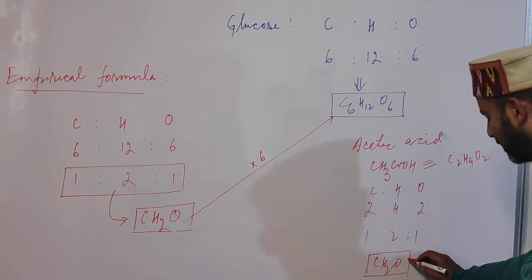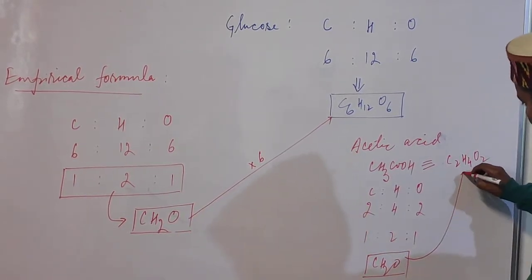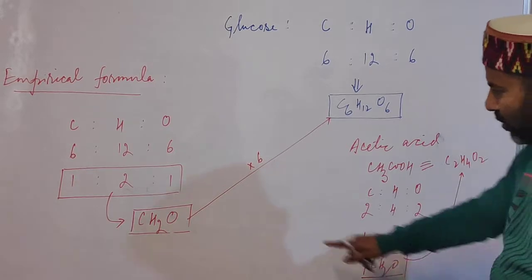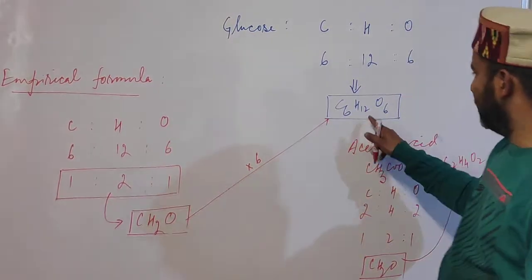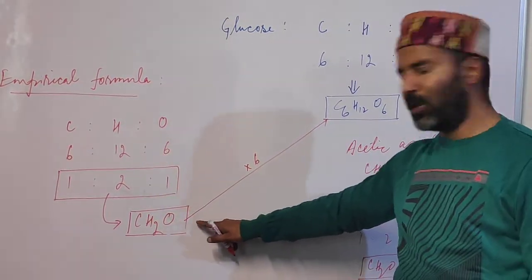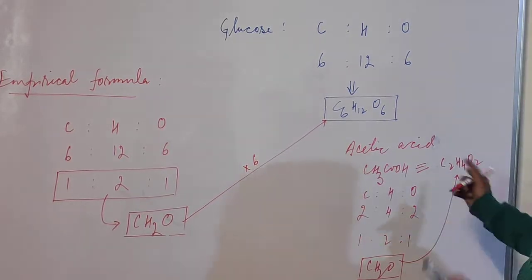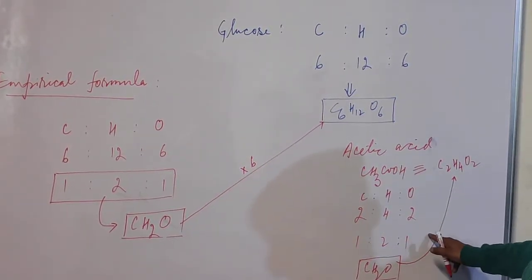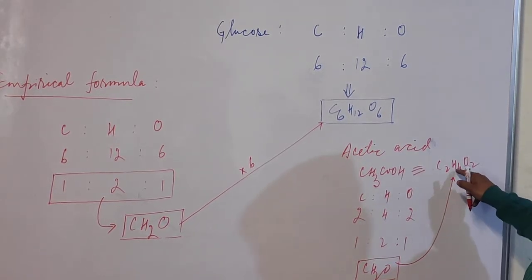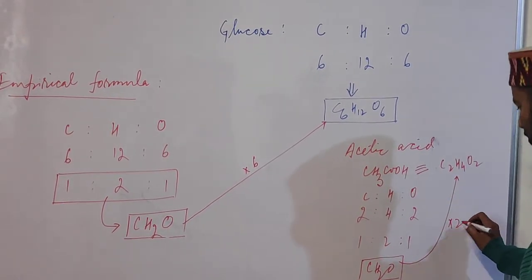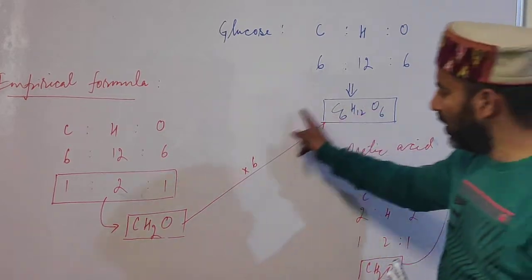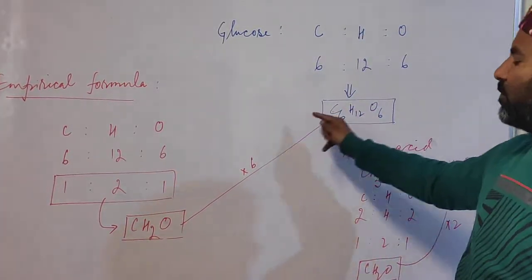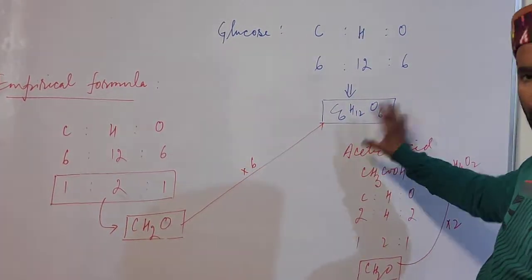For example, students see this. ये acetic acid और ये what? Glucose का empirical formula and they are same, but compounds are not same. अच्छा, अब यहां पर बताओ मुझे CH2O को किस इंटीजर से मल्टीप्लाई करना पड़ेगा so that वो C2H4O2 हो जाएगा? It is 2. So students, from here we can establish a relationship between empirical formula and molecular formula.